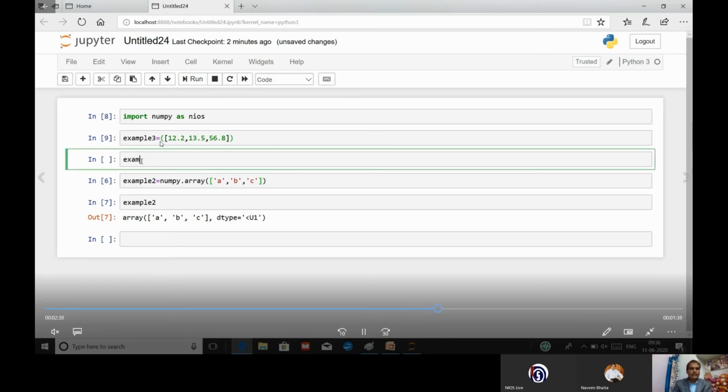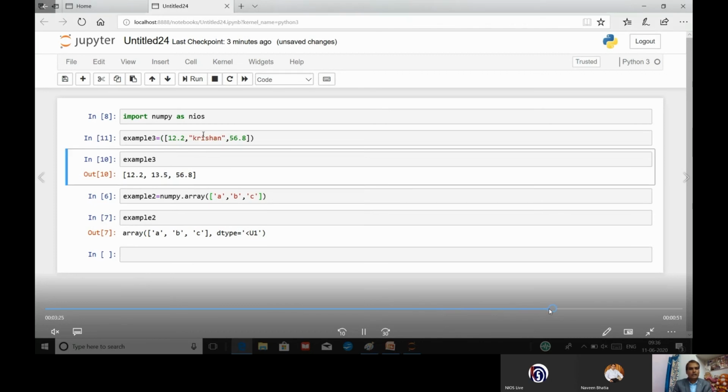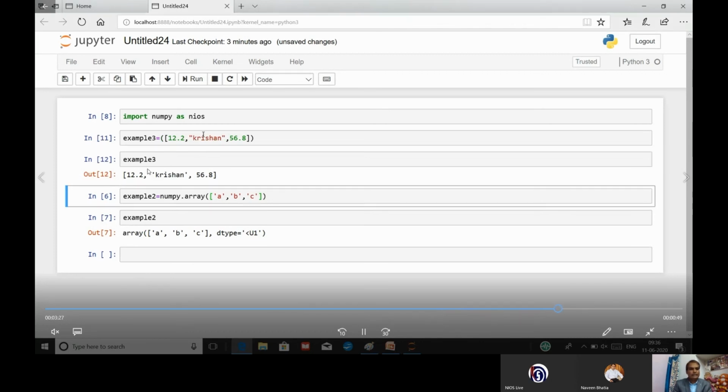Here I have not given nios.array. This is an example of a list. Please try to understand, this is not an array. If it is an array, it will display array. Let us make it correct. A small change we have to make here. Again, this is an example of a list only.